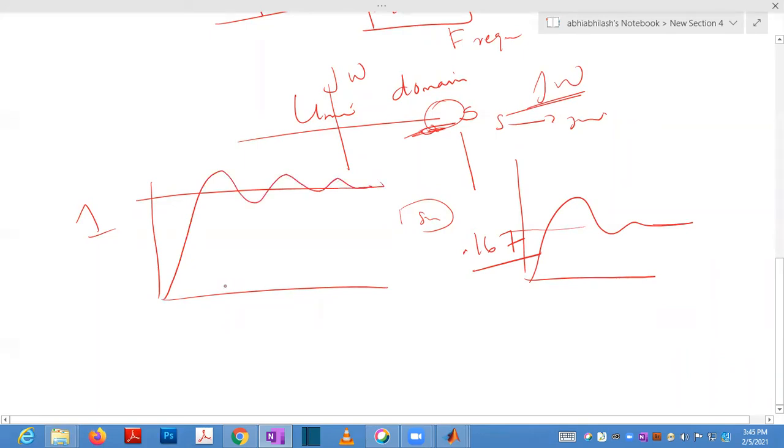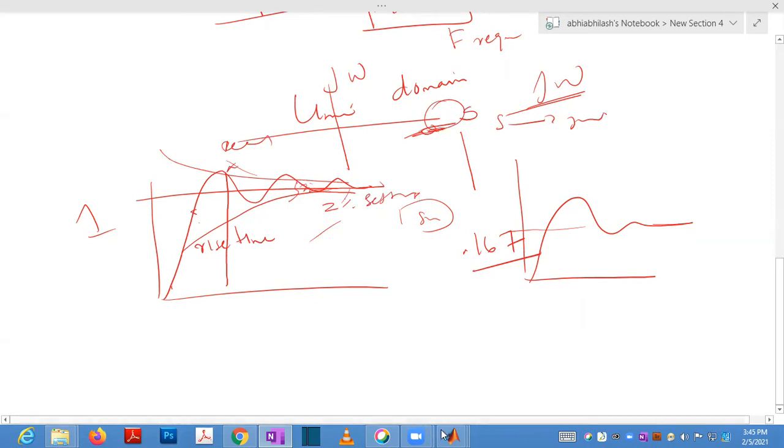You talk about peak response, 10% to 90% values for rise time, and here the 2% band, e raised to minus zeta omega n, like that you will study. This is the 2% settling time, and here the 5% time. Everything you will study next week. So this is for rise time. These values you will study later.